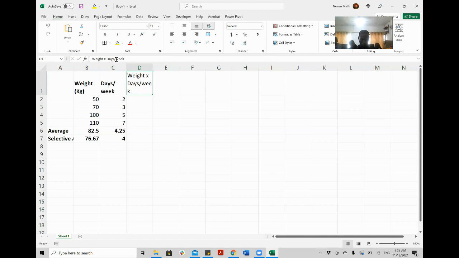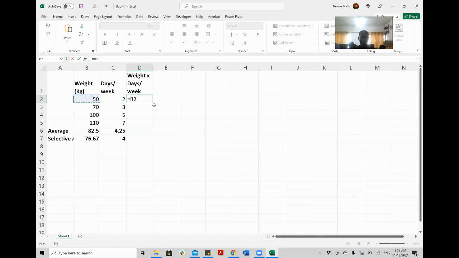So how to do the multiplication? Let's see. You go the same way here on the column, is equal to, so we are multiplying weight into days per week. So we are selecting this cell, weight.